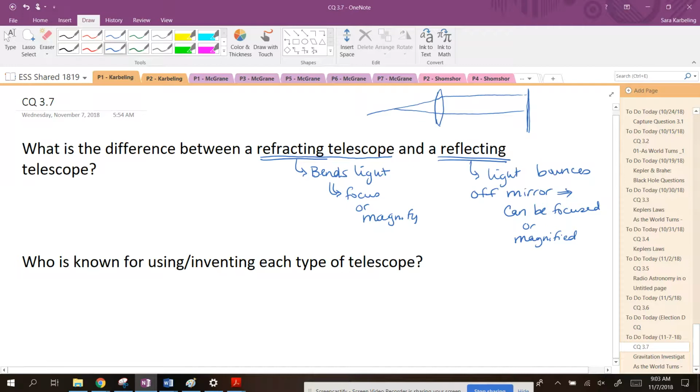Like funhouse mirrors, if you ever go to a carnival. The ones that I love make my less than 5 foot body look really tall, or the ones that make my husband, who's a lot taller, look really, really short. So I like to line it up where I'm standing in the really tall one and he's standing in the really short one. I'm like, ha, now I'm really big, right? So those mirrors, the way that it works,